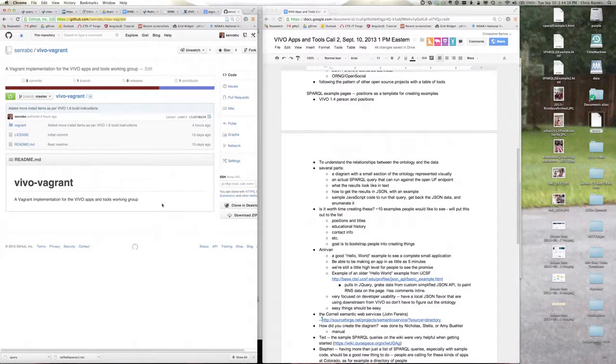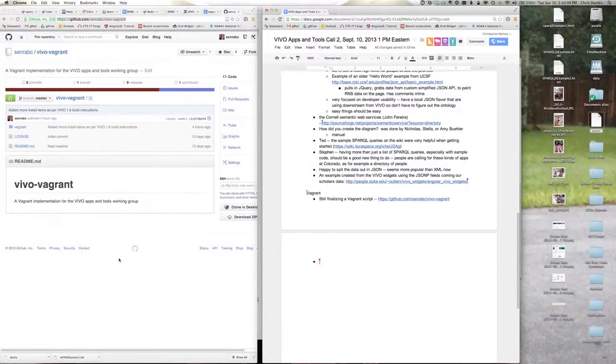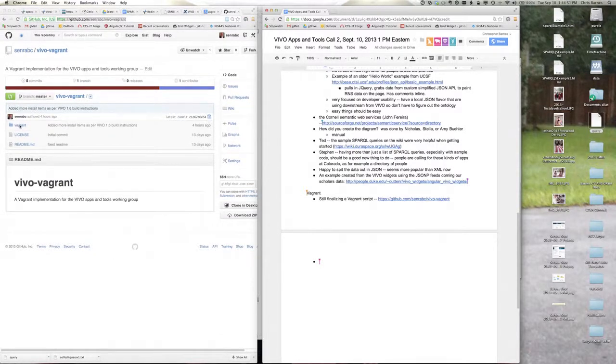So this is a couple of things here. One, this is the format that I see a lot of the tools having that are going to end up going in. I have my own GitHub site and my own GitHub repository. As I started to do this, I thought about where I was going to put it, and I figured this may only be interesting to me. So I'm going to put it in my GitHub repository and give everybody the link so they can clone it. If anybody wants to be a collaborator, they can be. But if no one is interested, then it's not wasting anybody else's resources.